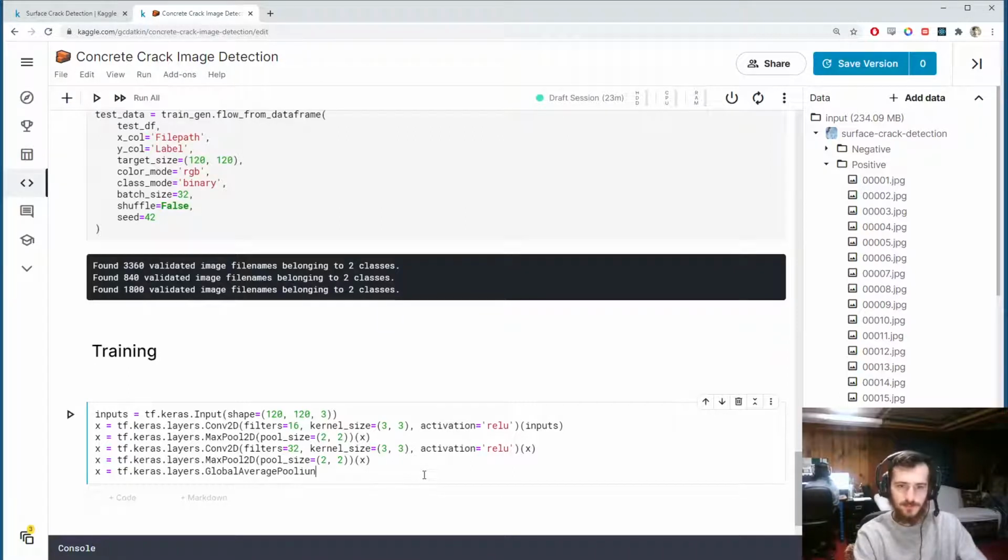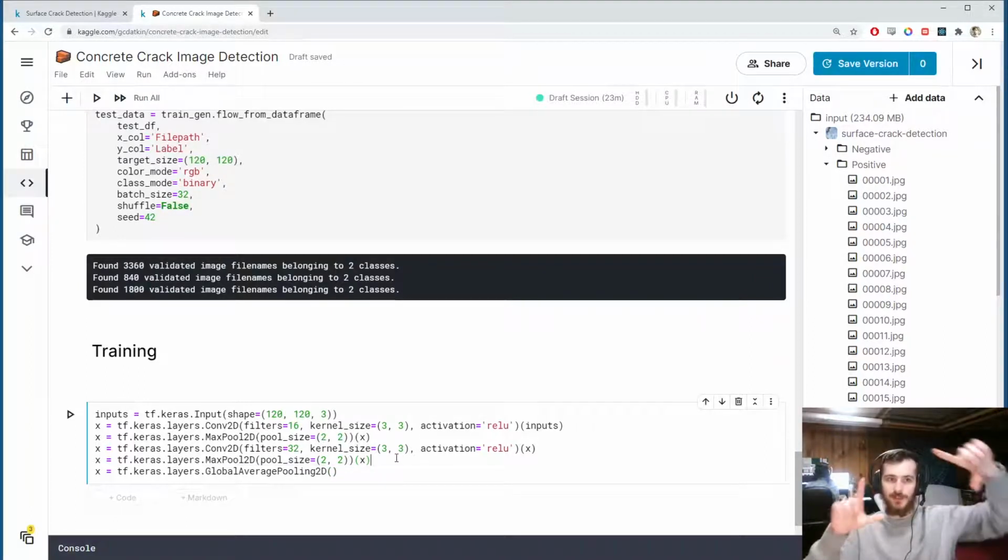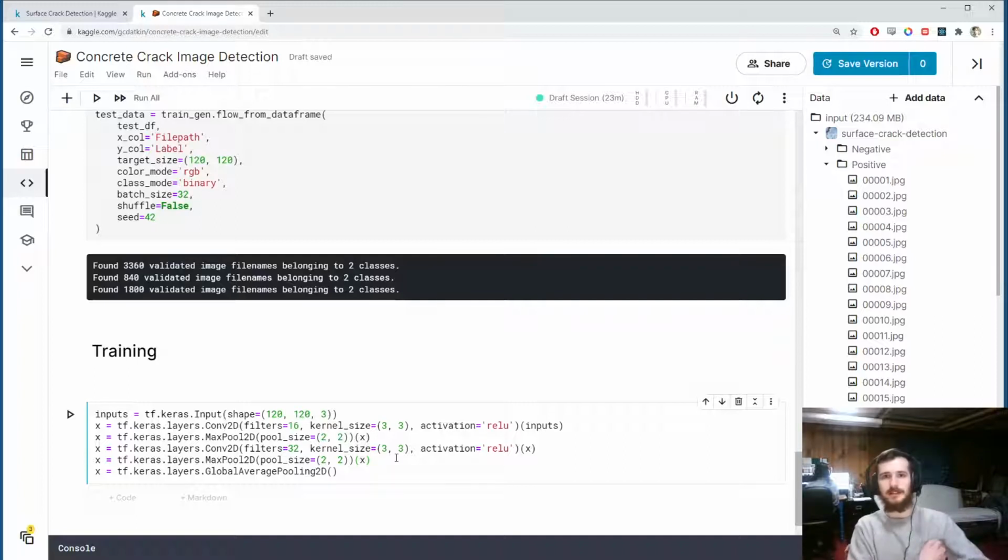So you could either flatten the image or do a global average pooling. At the end, we have a 2 by 2 output, because the convolutional layers and the max pooling layers output a two-dimensional output. Before we perform the classification, we need to reduce it down to one dimension. One way we could do this is by flattening the layer with a flattened layer. Just take the rows and stack them like this, so that you just have one long